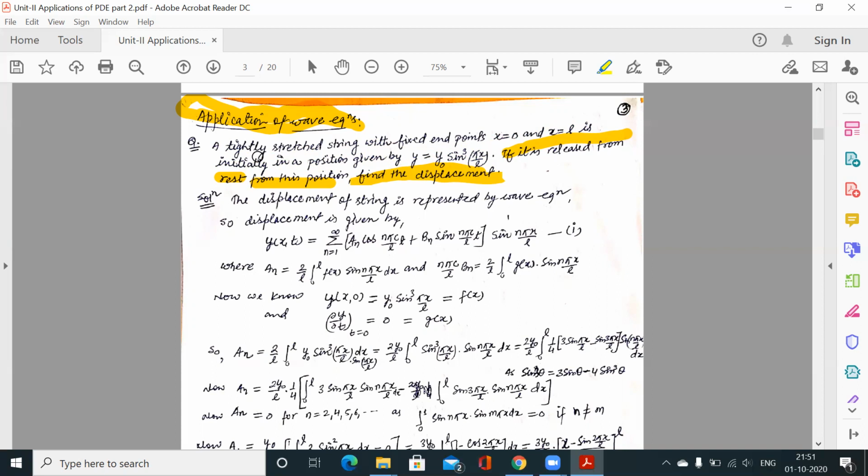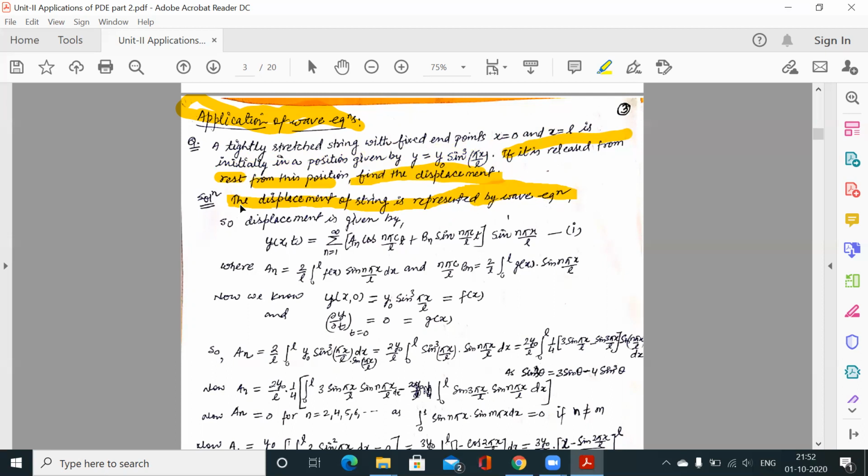So clearly this is a wave equation, meaning the displacement of a string which is tightly stretched between 2 points is represented by the wave equation. Clear? So now we observe that this represents a string, the wave equation, because here also we have one string whose ends are fixed, and the initial velocity is 0, initial position is this, and then we have to find out the displacement.